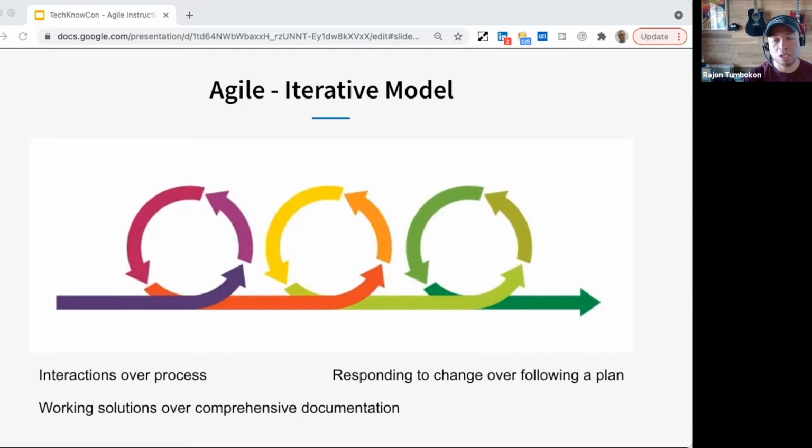They want to focus on actually examining working solutions rather than very comprehensive documentation. And they want to be flexible and respond to rapid change over following a straight path, over following a plan. So that's Agile.